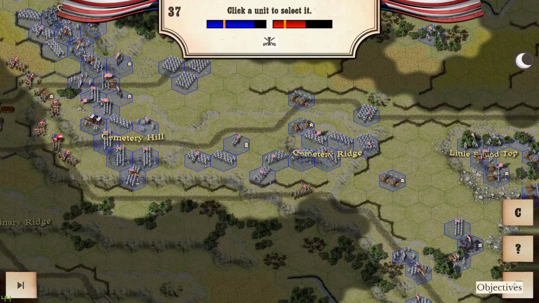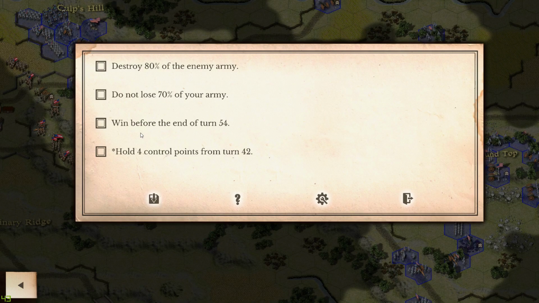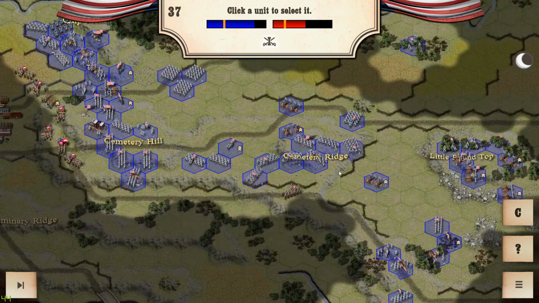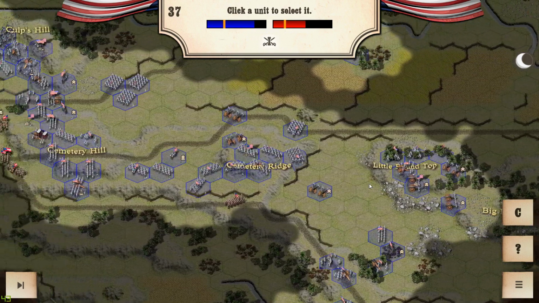All right, we're on turn 37. Let's look at the objectives. Win before the end of turn 54. So hold 4 control points from turn 42. So let's take a look at where those control points are. Obviously, we've got a couple of them